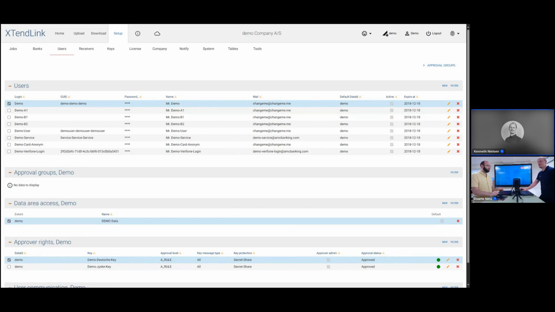Right. So if I'm an administrator in the ERP system, can I then approve payments? Not precisely. There are two different things. An administrator, both on the ERP system and on XTendLink, means that you have access to the settings of both systems, but that will not give you permission to approve payments by default. If you want to also be able to approve payments, you have to be given the approver rights to that